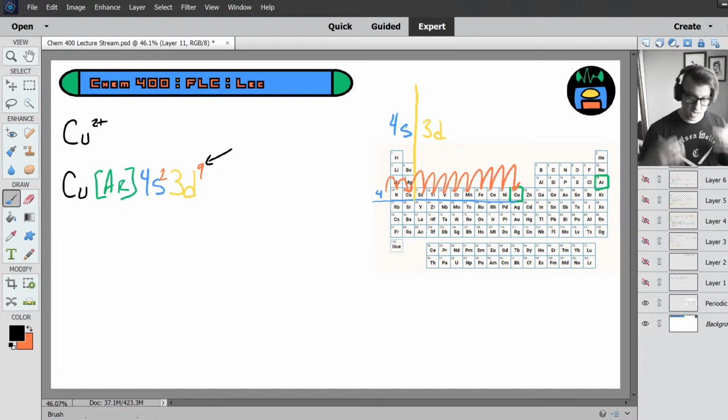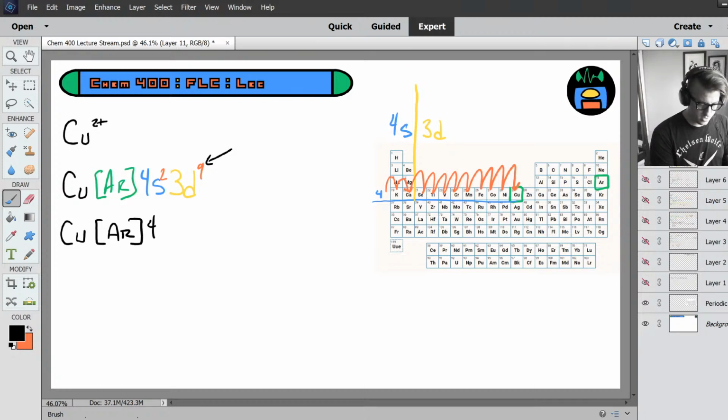So you may go, okay, I know I'm going to promote 1 electron from my highest energy, from the s subshell, right? So this will be 4s1, and it'll bump the 3d up to 3d10, right? Which there's 5 d orbitals holding 2 electrons each. 3d10, totally a possibility. So this is, by the way, the electron configuration for copper, right?